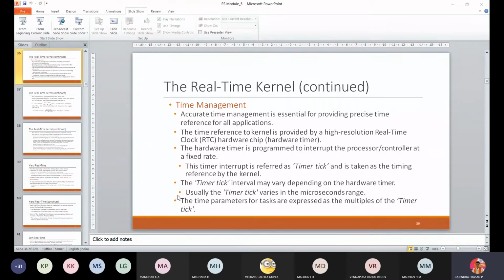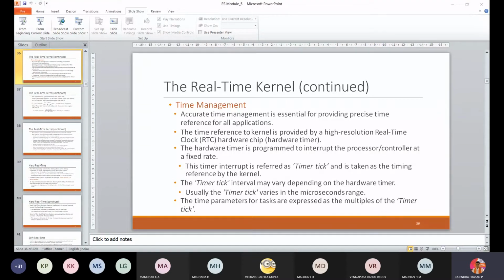Okay. Invoke the scheduler and schedule the task again based on the scheduling algorithm. So there is a scheduling algorithm which is given for us. I need to edit the time and all those stuff, then it will be updated. So this is one example. Load the context of the first task in the ready queue. So we need to know which is running, which is in idle state, which is processing, and all that information should be clearly known.